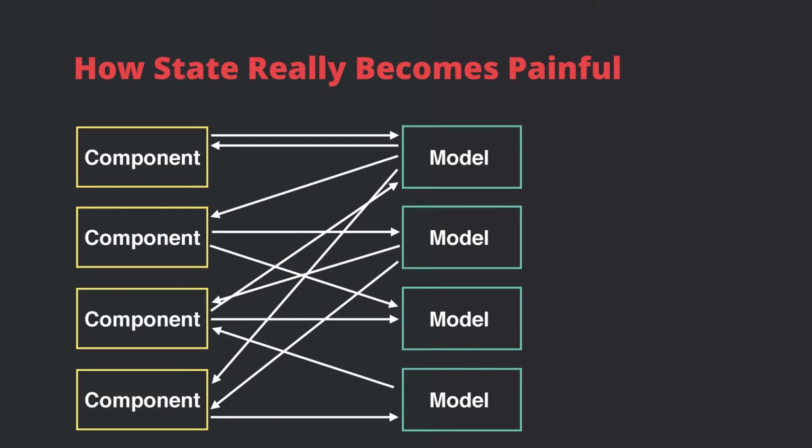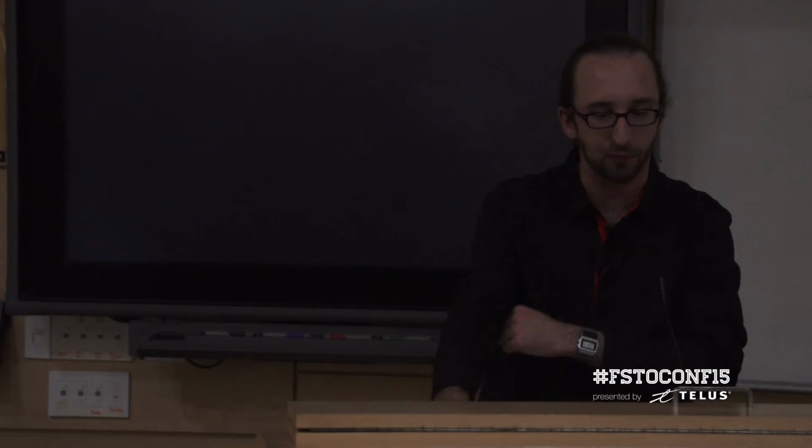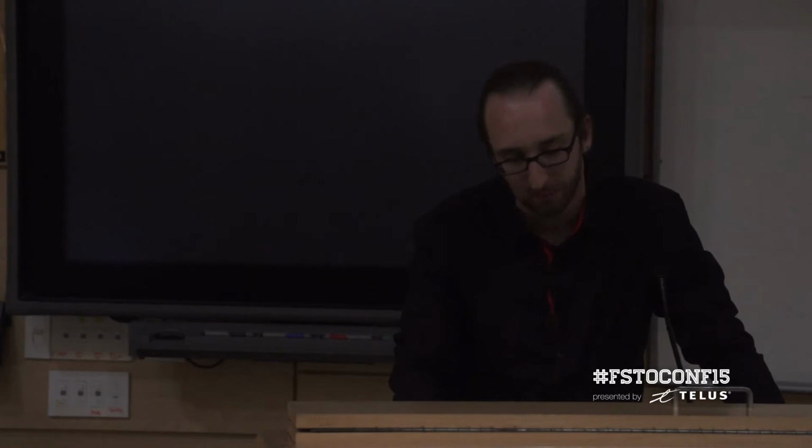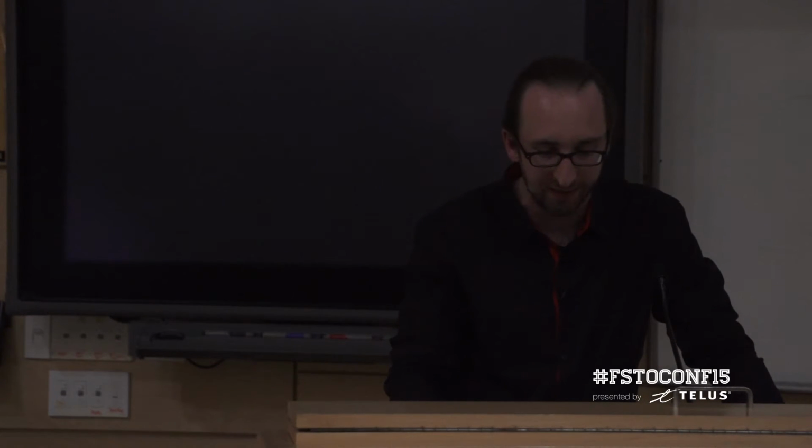So let's talk a little bit about how state becomes so painful, right? You have your typical application where you have a component and you have a model. This is wonderful, it's your classic MVC: the component interacts with the model, changes the model, and the model informs the component about something. Except then you have another component, and another component, and another component, and then you have another model, and another model, and another model, and then everything starts talking